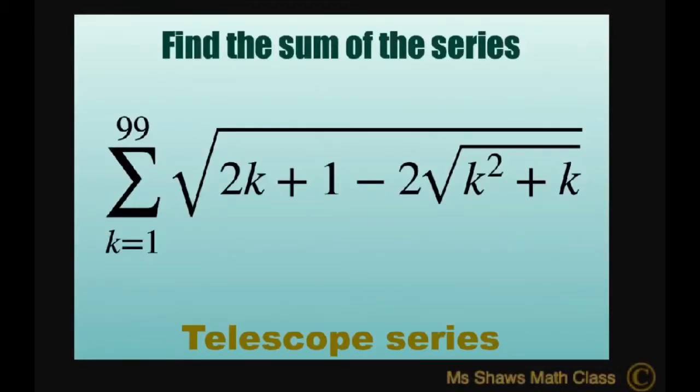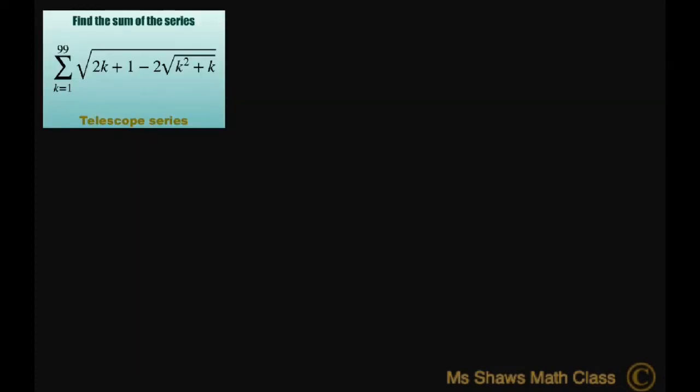Everyone, we're going to find the sum of the series from k equals 1 to 99. And the first thing we're going to do is simplify this radical because it has double radicals going on. And there's a little trick to that. So what I can do is write this as the square root